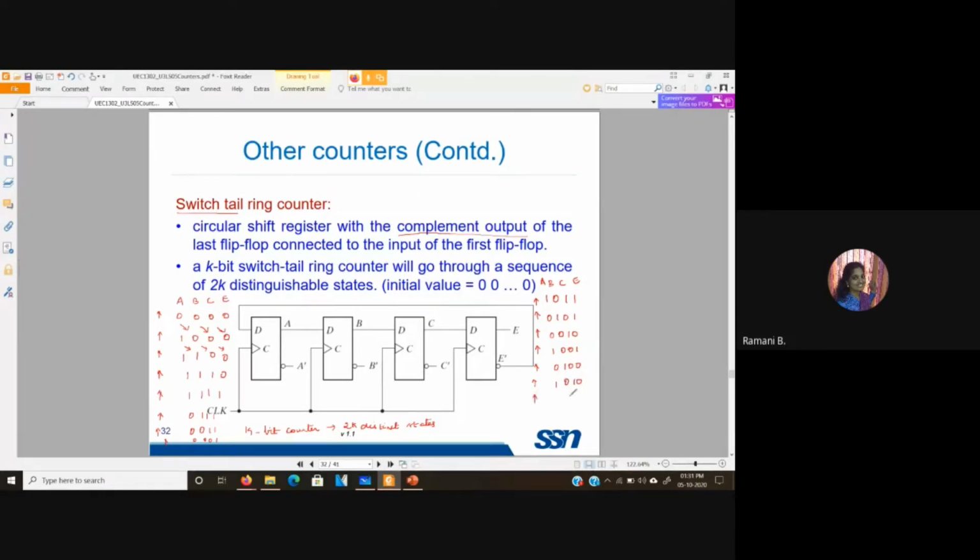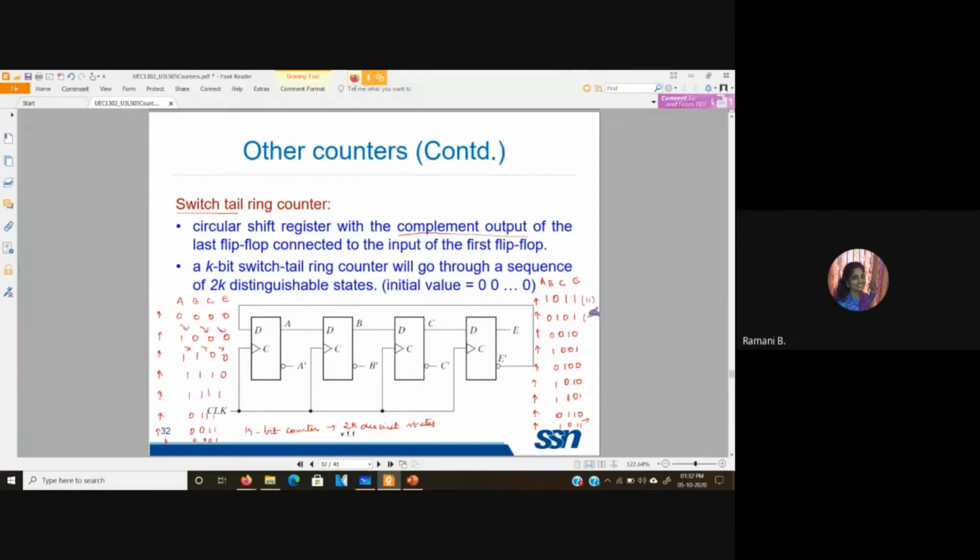With next clock, this is 1, 0, 1 and this is 1. Then with next clock, 1, 1, 0 and this is 1. So this is a 0. Then next clock, you have 0, 1, 1 and this is 1. So this is actually starting to repeat. Okay. So here, just for convenience, I am representing the equivalent decimal.